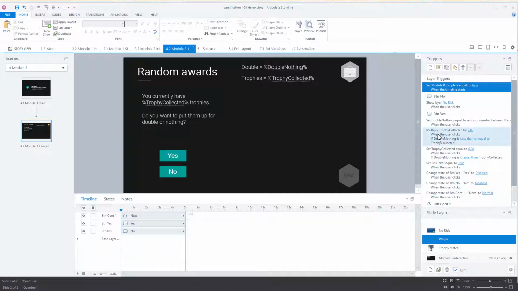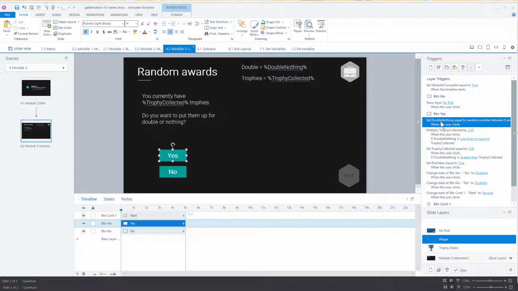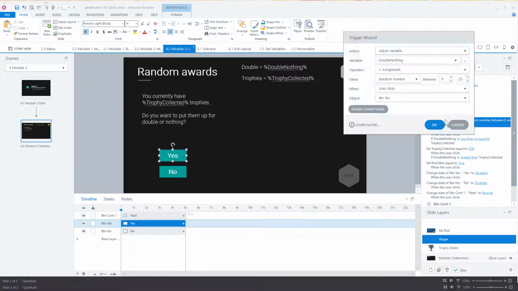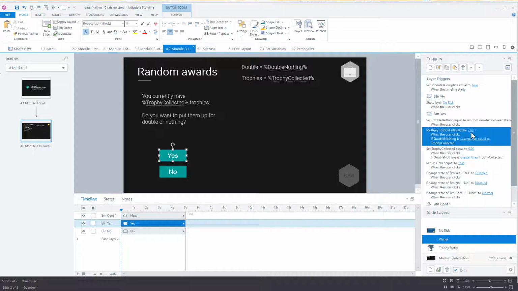If you look at this, we have a random number. We just call it double or nothing, and we're going to make that equal to some random number between 0 and 25. That's just going to create a number between 0 and 25. So we have a random variable, double or nothing. We're going to compare our trophies to whatever's randomly generated by the system. If the trophies are greater than the random number, then you can see here we're going to multiply trophies by 2, so we're going to double what you get for trophies